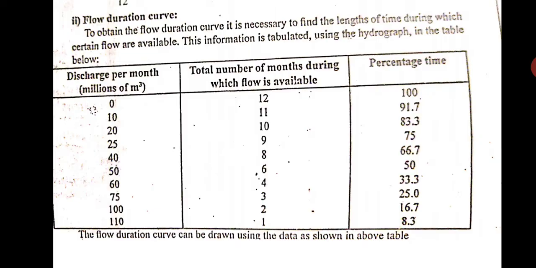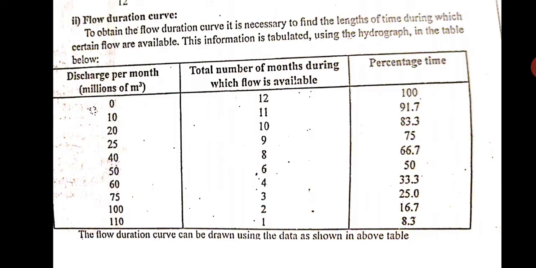And accordingly, as we have discussed earlier, I will divide this 100 by 12, that is 8.3. For 1 month it becomes 8.3, and for 2 months we will multiply 8.3 into 2, it is 16.7. Then 3, 4, and like that 12 is 100. Okay, so 1 month will be 8.3 and 12 months will be 100% of time. So this is how you calculate the percentage time.